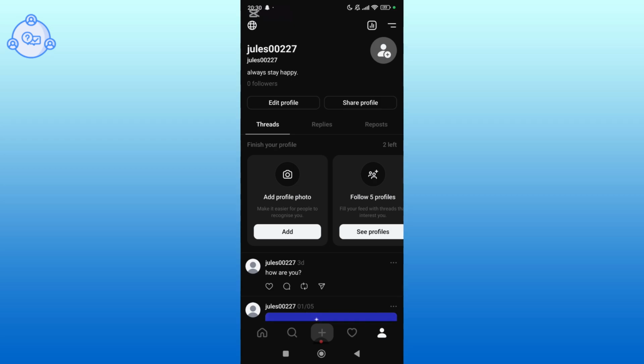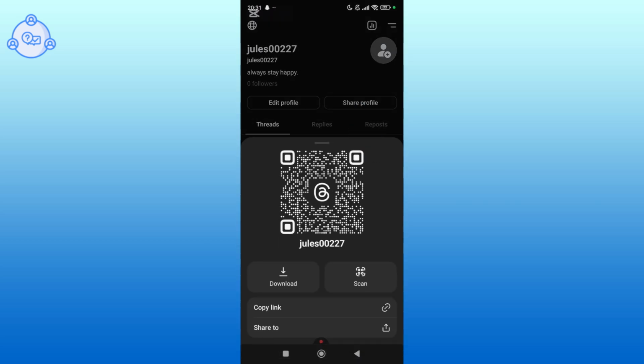In your profile screen, look for the Share Profile option beside the Edit Profile. Tap on the Share Profile. This is the menu where you can access various features. From the option that appears, tap on the Share